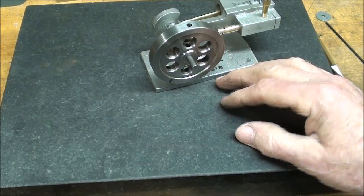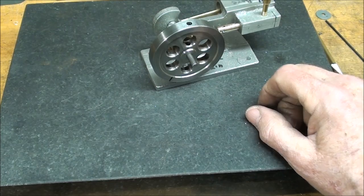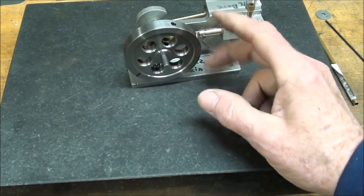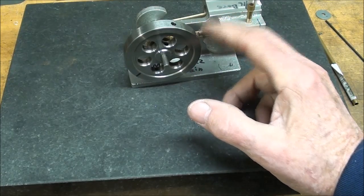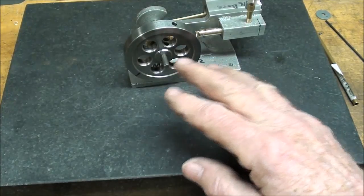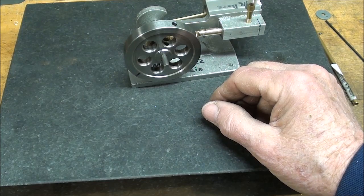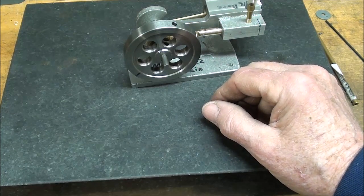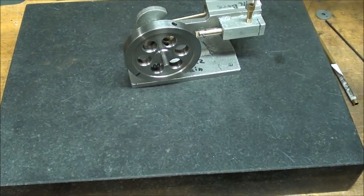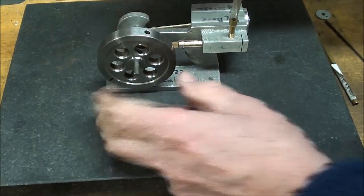Okay, it's ready to rip. It's all been adjusted and set so the timing is just right. And let me just say something about the wagon wheel effect. Sometimes when you look at this or some of my machinery, you might think it's running backwards, but I'm going to run it clockwise first, regardless of what it might look like to you. But that's the stroboscopic effect, and I think most of you guys that understand that watched Harold Edgerton's films about the strobes and so on. It's most interesting. But anyway,